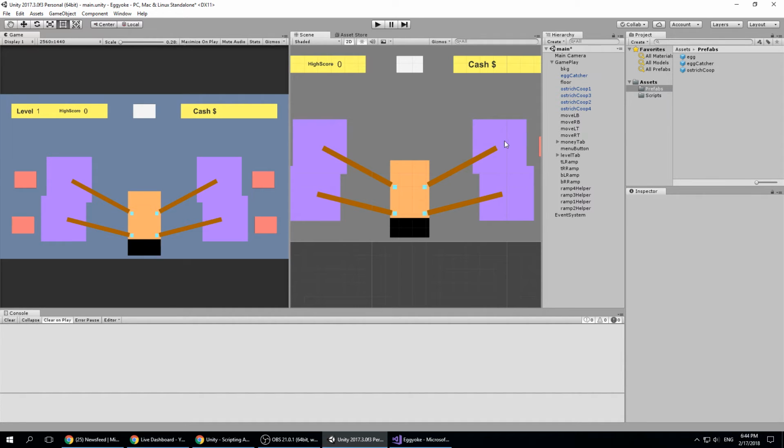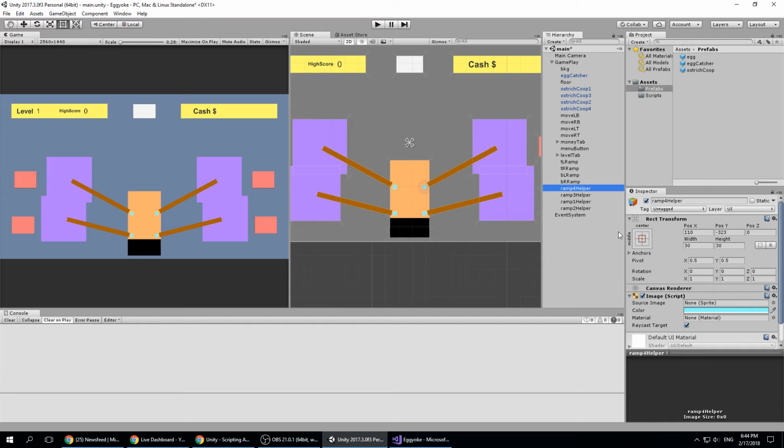So when the eggs spawn over here and I give them an offset to travel in this direction, there's an obvious angle that these ramps have. Where are the ramps? Here we go. That's like 62 degrees rotation over here and 76 over on the other side. So if the eggs were to follow this direction, the best thing that I could do probably is actually